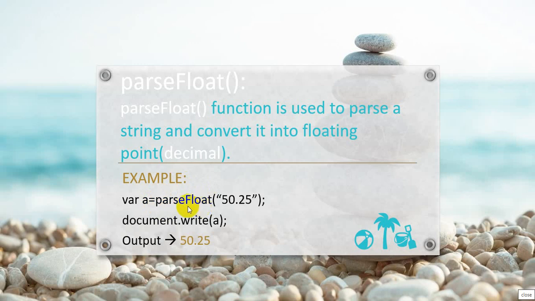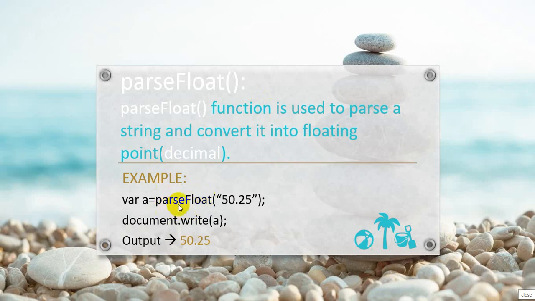Student, again I am telling you, the function which is given by JavaScript is a built-in function, and JavaScript is a case sensitive language. You have to remember this. I have written parseFloat, and parseFloat is a single word. There is no space between parse and float, like we have seen with parseInt. But the thing is that F is in capital letter, like in parseInt I was in capital letter. In the same way, here F is in capital letter. So you have to remember the cases which are given by JavaScript.